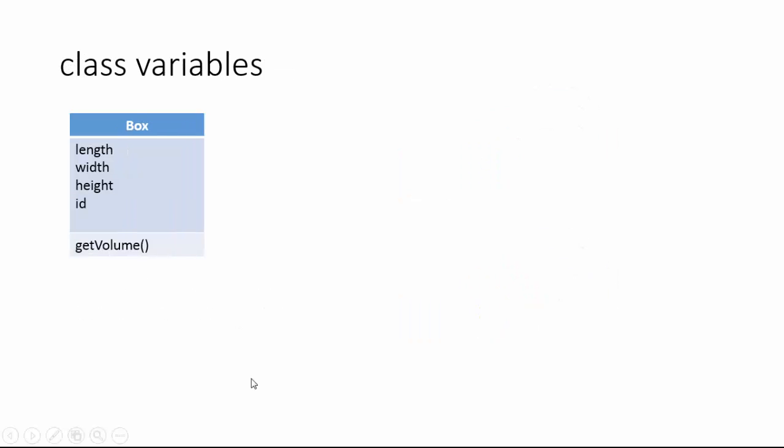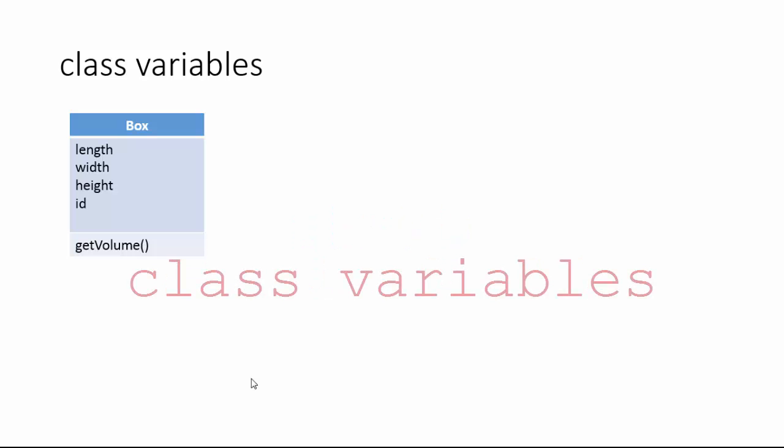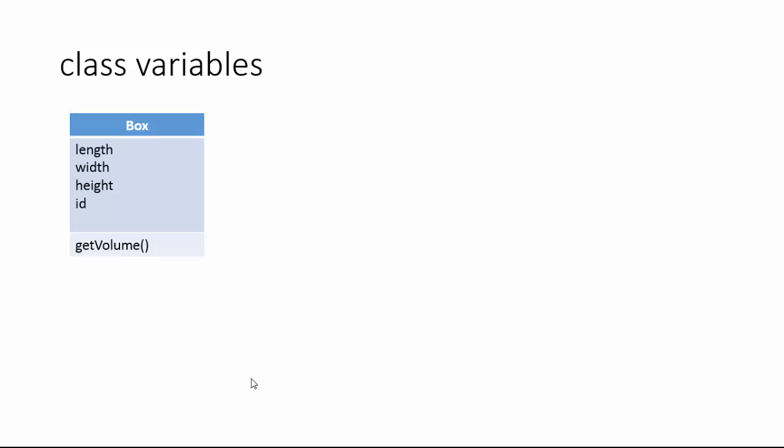Sometimes you want to have variables that are common to all the objects. This is accomplished with the static modifier. Variables that have a static modifier in their declaration are called static fields or class variables. They are associated with the class rather than with any object. Every instance of the class shares a class variable, which is one fixed location in memory. Any object can change the value of a class variable, but class variables can also be manipulated without creating an